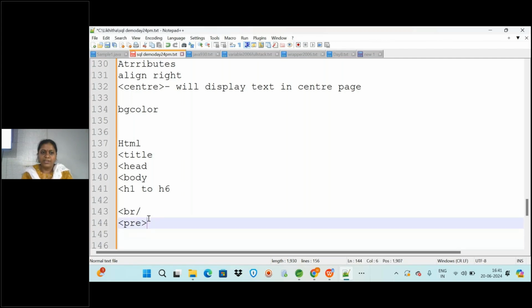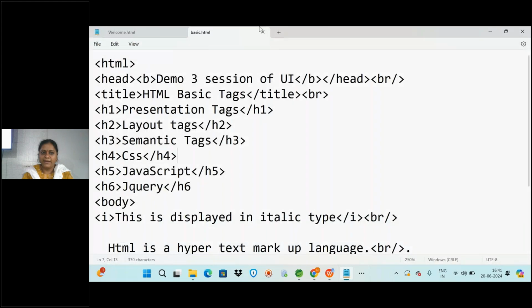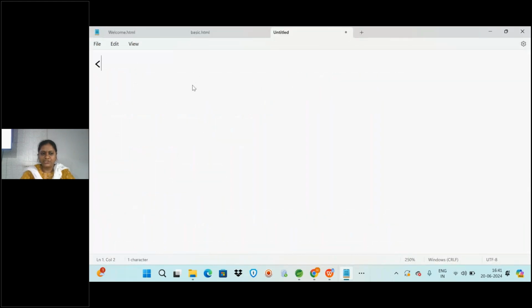So now I'll open one more document where you can provide the HTML, and in the body tag I will be writing, and here you might display some content in the H3 tag, with a background style.